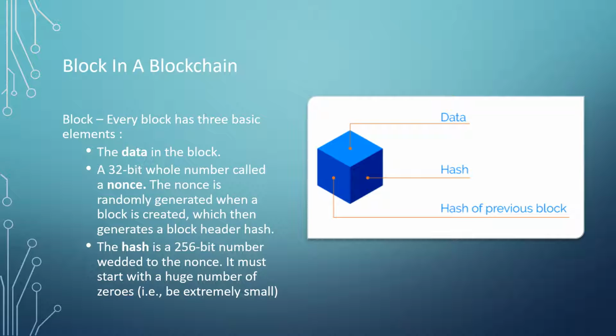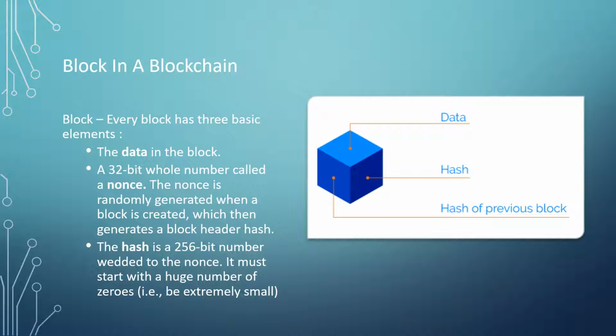For example, in Bitcoin, the data would be the timestamp, the transaction amount, and the transaction counter. Similarly, if the blockchain is being used in the medical domain, it contains the medical records, and similarly for other domains. Now the next key element is the hash. Consider it as an identification number, and it is unique for every block in the blockchain. This hash number ensures that no one from outside the network can add a new block. So it is simple, right? It is like an ID which is given to every block that is added to the blockchain.